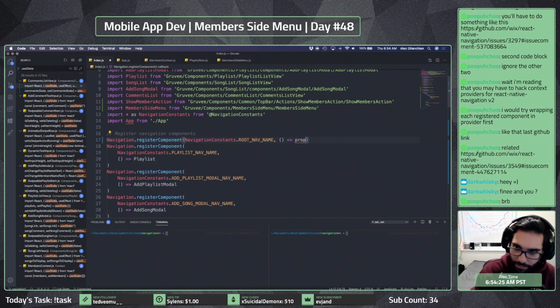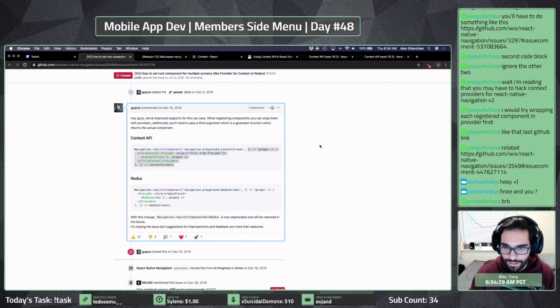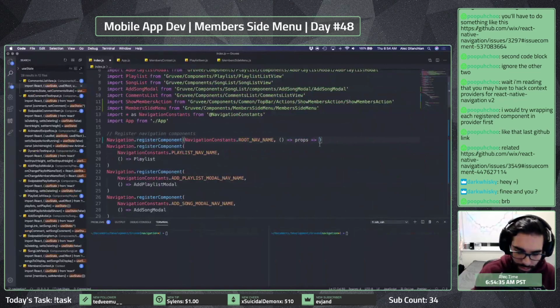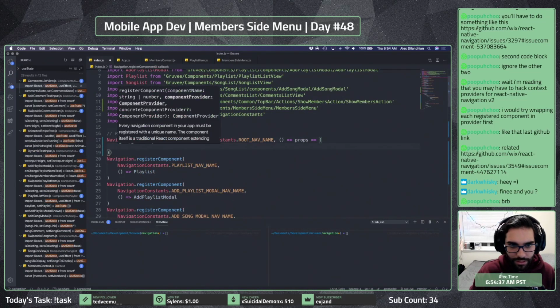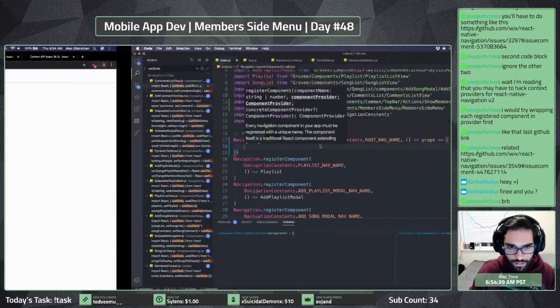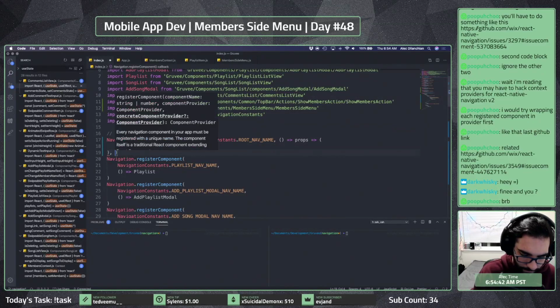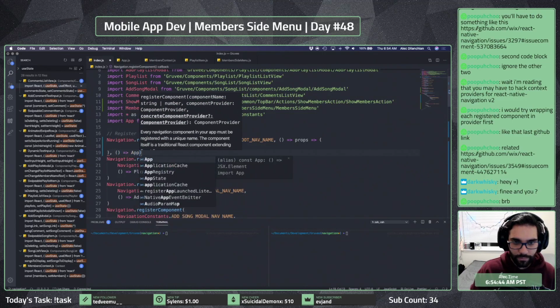This is going to be our app component. This is using that fancy higher order thing. Like that.